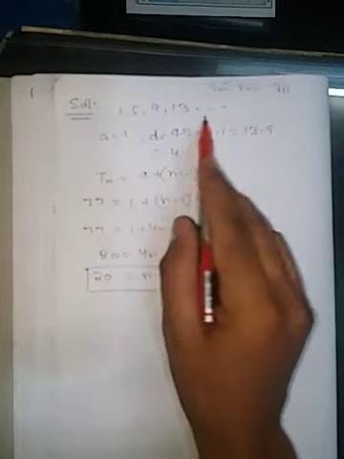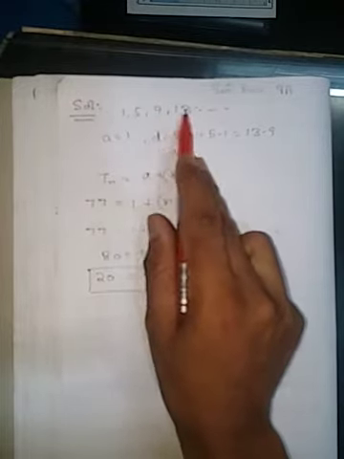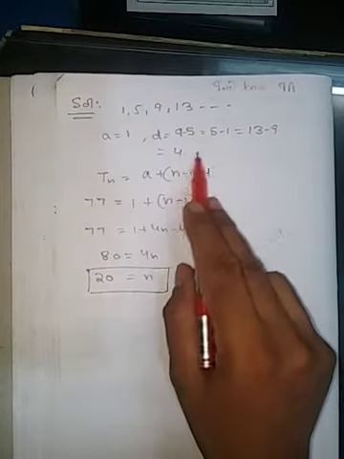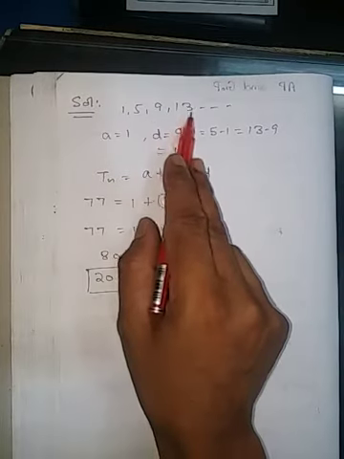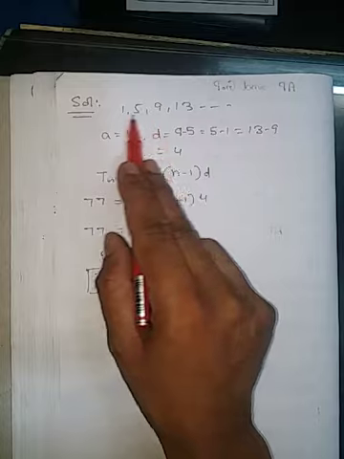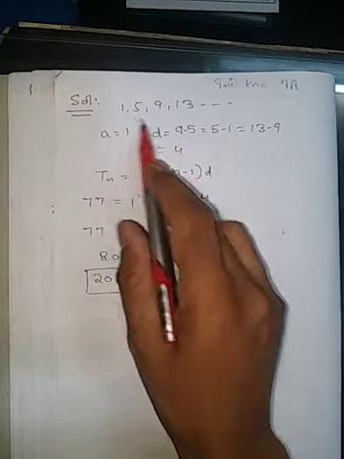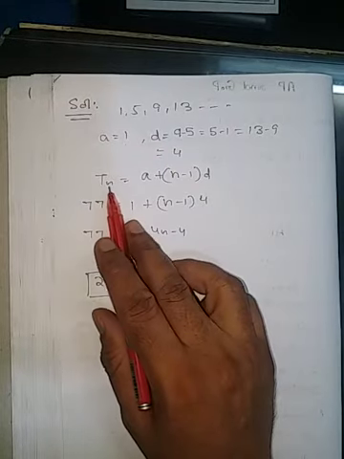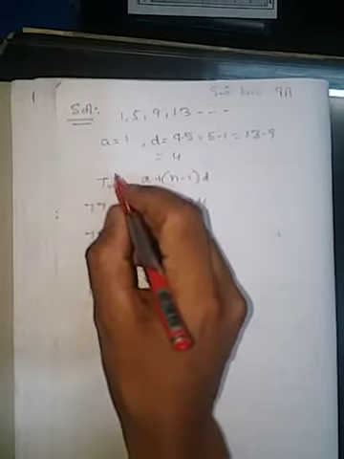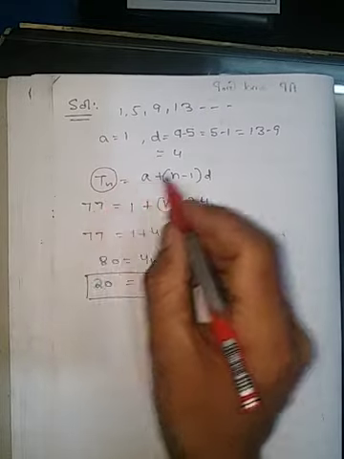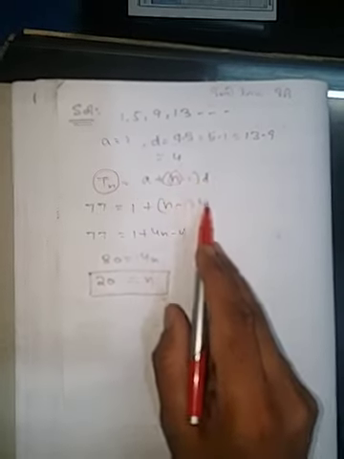Now see this series, this is the series we have got. The first term is a, and the common difference is 9 minus 5, or 5 minus 1, or 13 minus 9; the value should be the same, only then it will be an AP series. So whenever you have to prove whether this is an AP series, just take out the common difference and see whether the difference is the same for all the terms, then it will be an AP series. The first term is given, the difference we have found, and Tn, the nth term, is a plus n minus 1 into d, the formula we have. The value of the term is given as 77. We have to find the position of the term. A is given as 1, and d, the common difference, is 4.